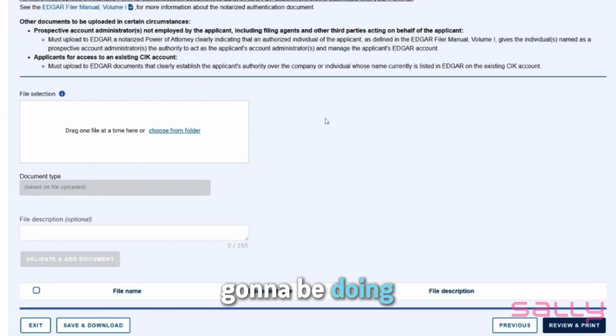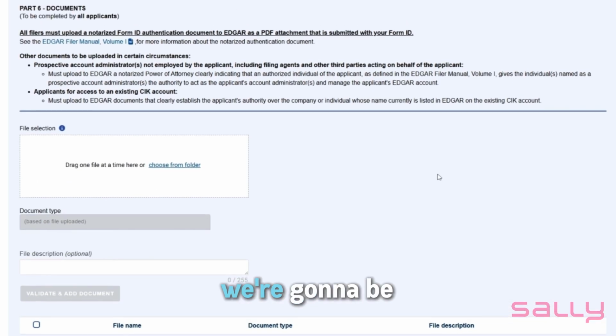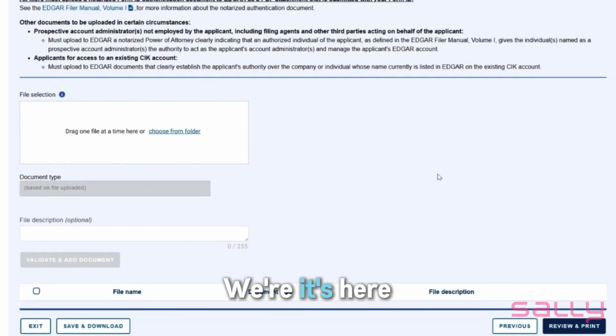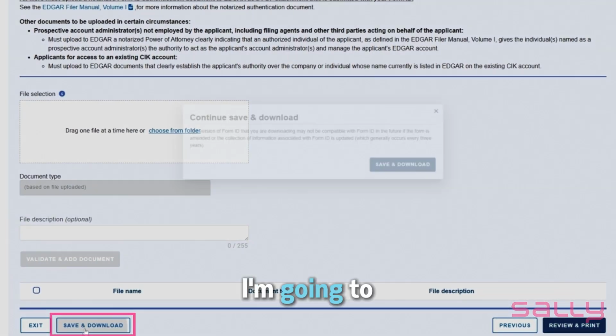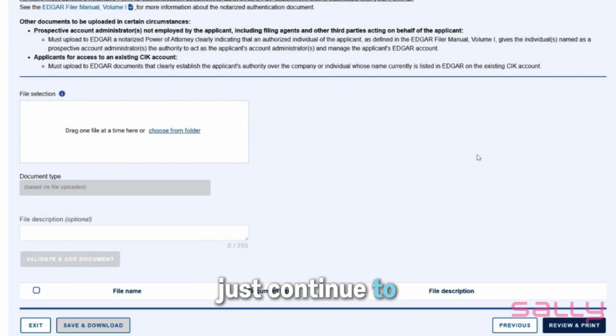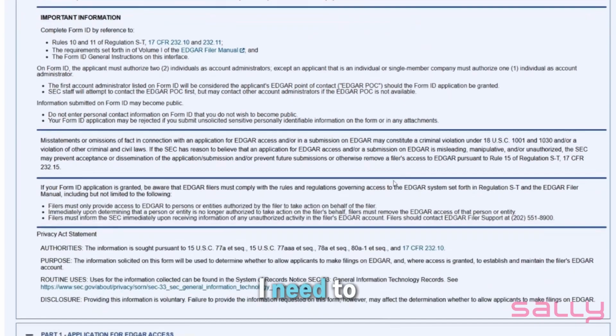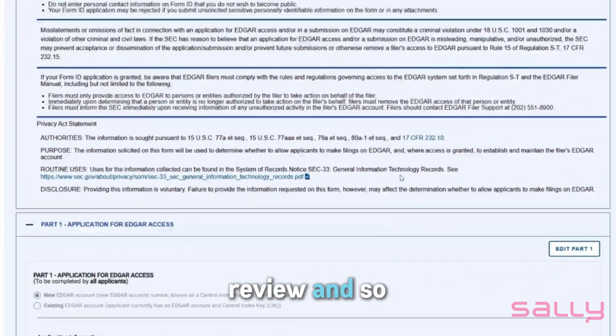So what we're going to be doing here is reviewing. This is a page that we're going to be coming back to. It's almost a little bit out of order. It's here at Documents. I'm going to save and download, just continue to save it and have a file that I can bring back into the system. I'm going to review and print. So basically I did nothing on that page. I need to review,